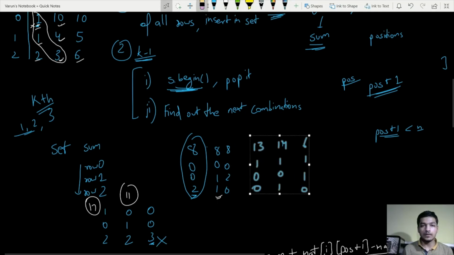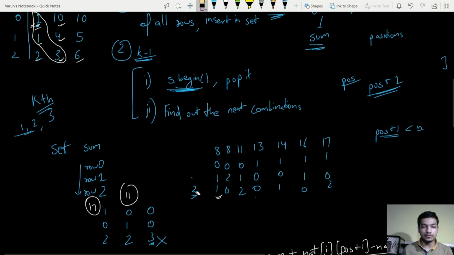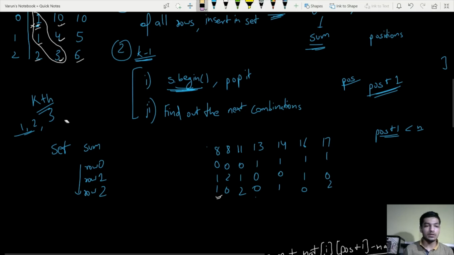11 comes here, this is 16, 11 comes here, and 0, 1, 2. Next after this one got here, so this was 14, 17 here, which is 102. Now this was our first element, we pop it, and our 4 iterations are over, so we don't need to do any more iterations.